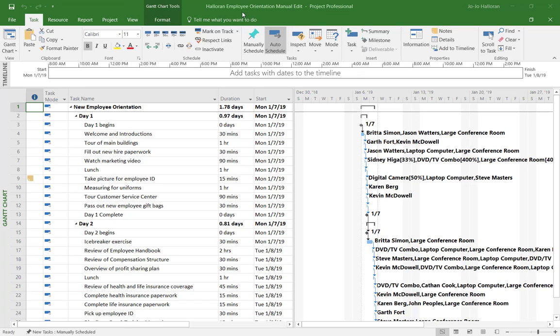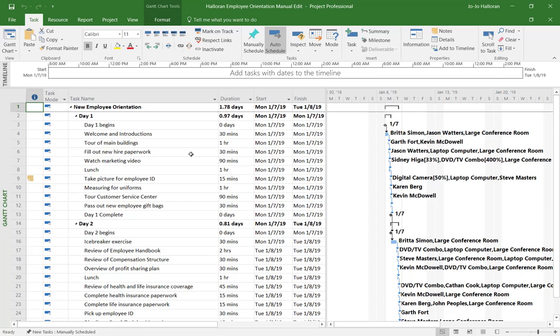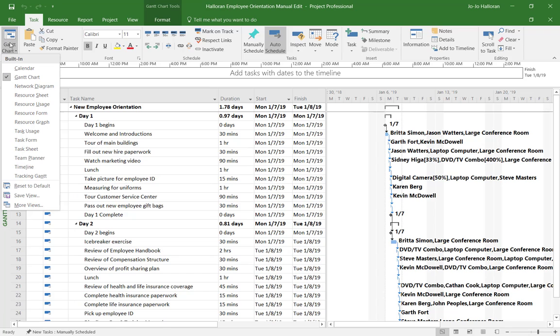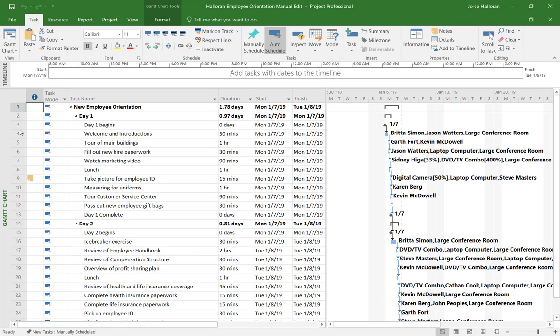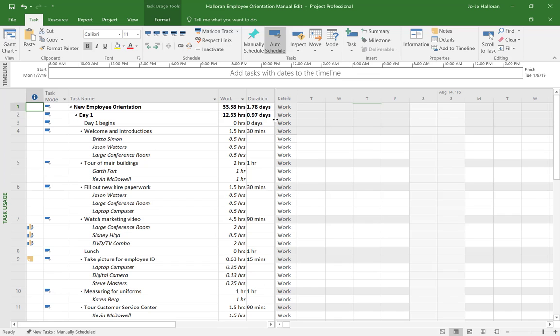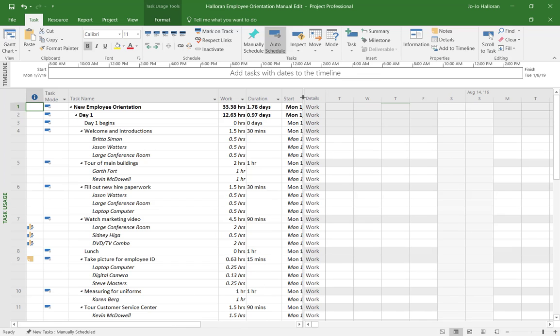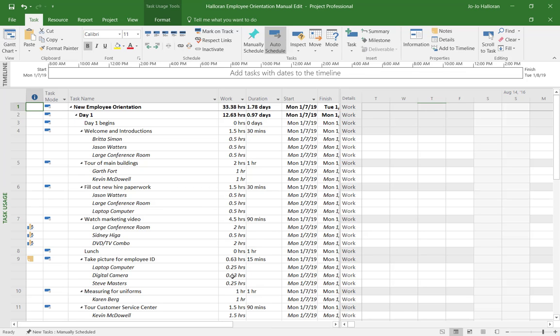Okay, now the first thing that we have to do here is, if you notice in the textbook on the top of page 273, it says before you start the exercise, please be sure that the date format options are set as described in there. And I think what people were having a problem with is when they got into the task, we went to task usage view. Okay. And then when you got in here, you weren't seeing any of the times